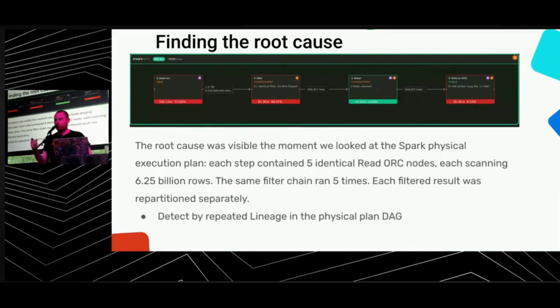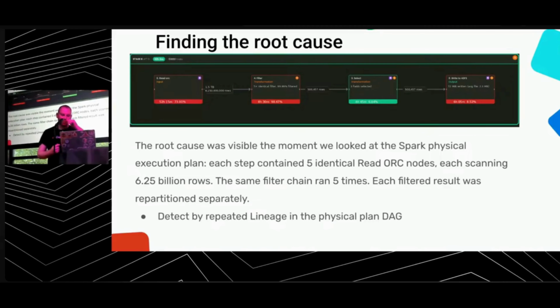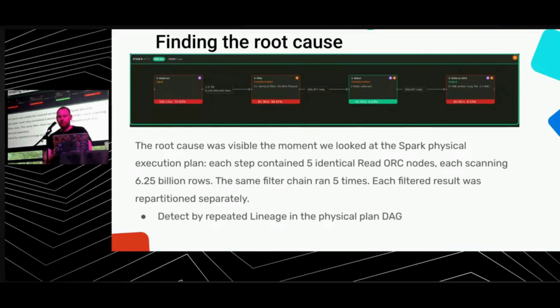So here's where investigating Spark comes in. In this case, we saw in Spark that the job takes the same source table of 5 billion rows, reads it 5 times, and filters it 5 times, doing the same computation. That's really not efficient. And because of Airflow, it also did it 5 times, because these steps were being called 5 times. So that's a classic big data issue.